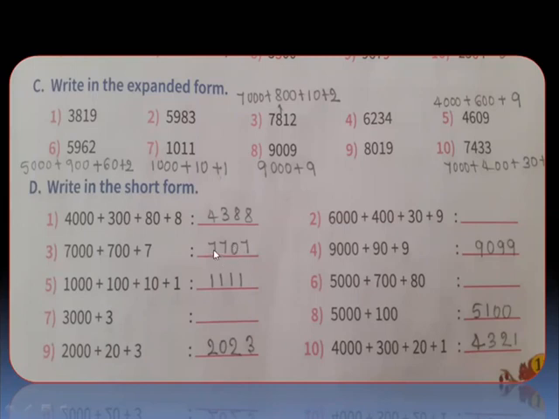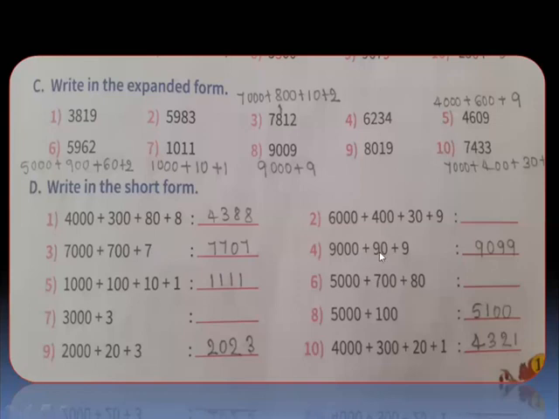Okay. Don't write like 777. That is wrong only. In tens place, no number. So in that place, you have to put 0. If you wrote like that, 777, that is wrong. Here, tens place, no number. So here, in that place, you have to put 0. 7707.